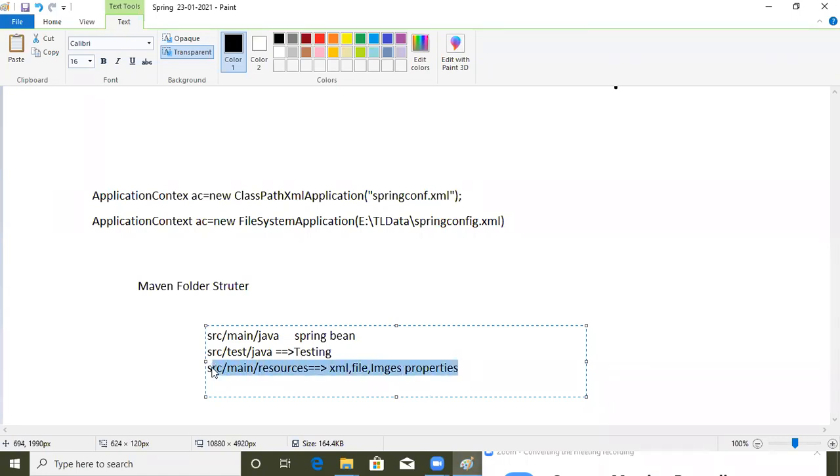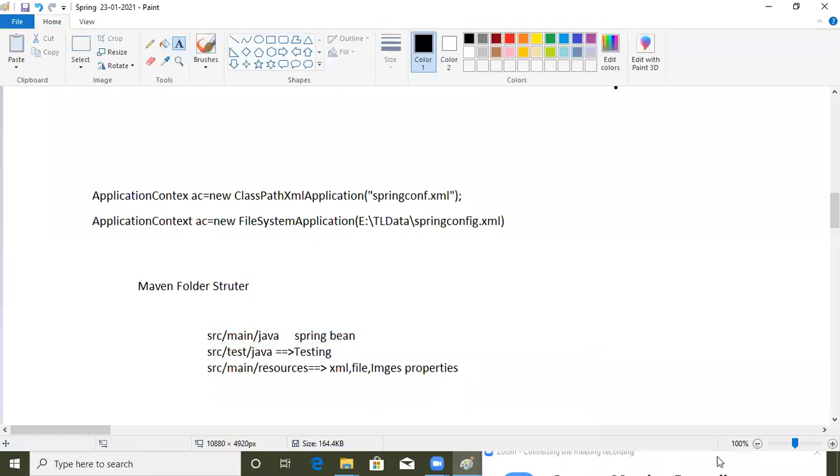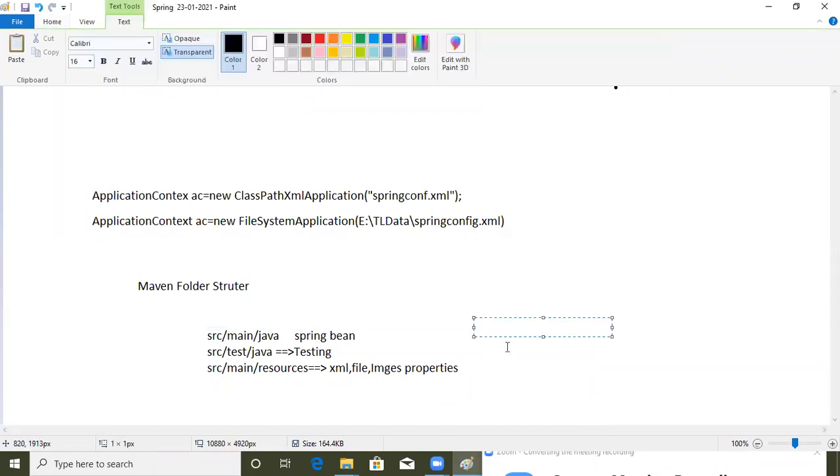In these folders, right? But Maven has given two kinds of facility. The first facility is to develop a standalone application, and the second is to develop a web application. So we have to select one of two things.